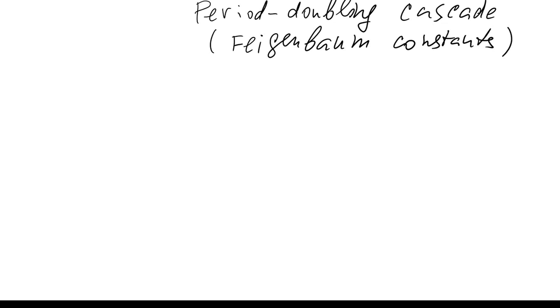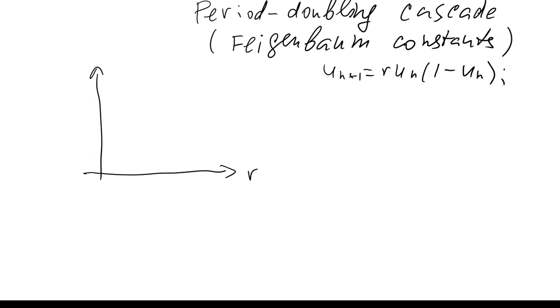So I will continue talking today about period doubling cascade and Feigenbaum constants. Now, what is period doubling cascade? So this is our parameter R for the logistic map. Probably I will write it again: u_{n+1} = R u_n (1 - u_n). It's what we consider. For now, R is between 0 and 4, and